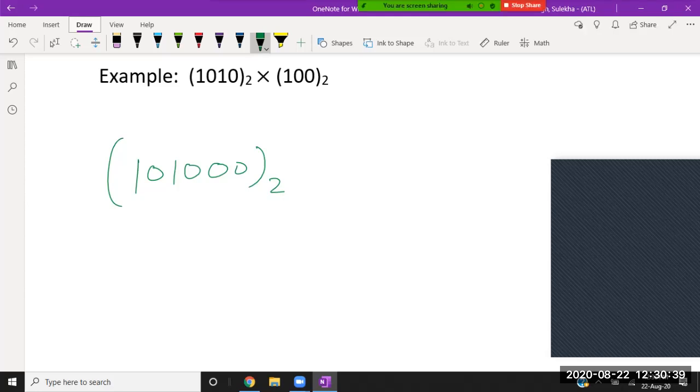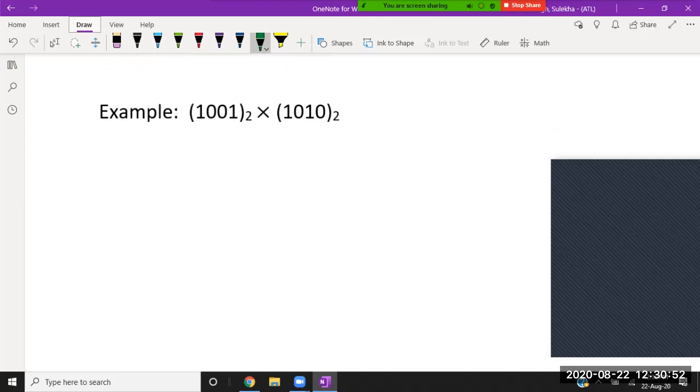Do you want a detailed solution for this one also? If you want, write yes in the chat box. Okay, you are writing no. Then solve this one, which is also similar. What I am doing is increasing the number of bits on the right-hand side of your question. In the first example I took 2 bits, then 3 bits, then again 3 bits, and this one is 4 bits into 4 bits. So this is also a very simple question.